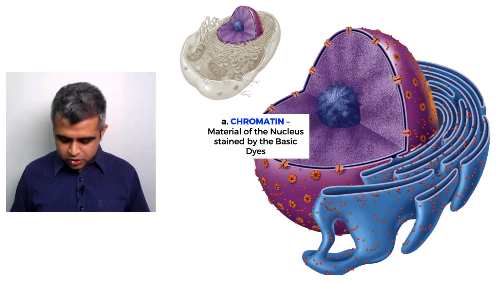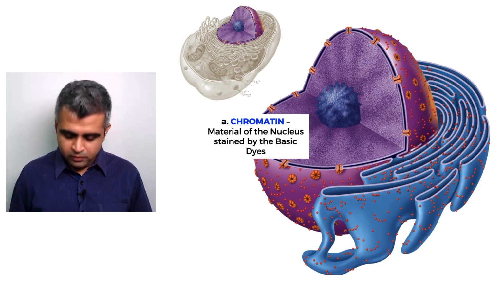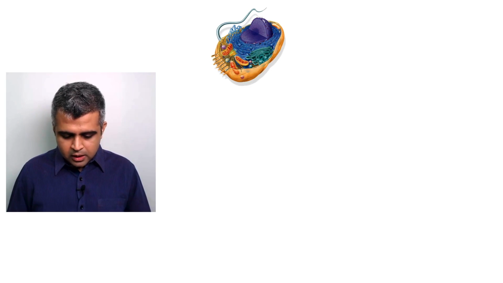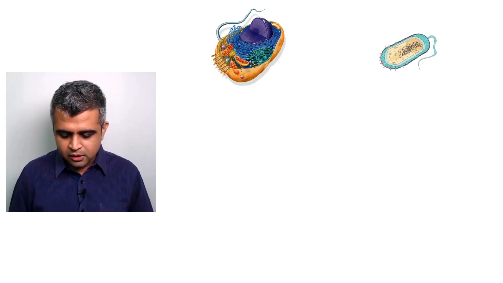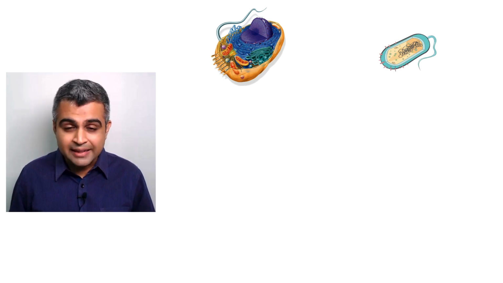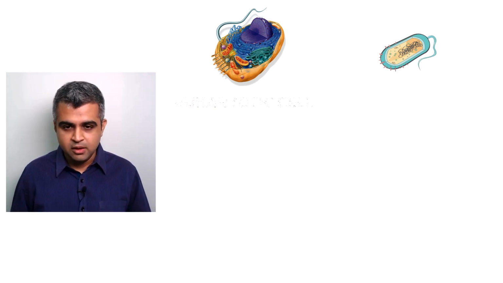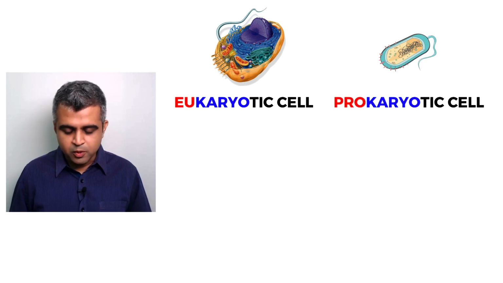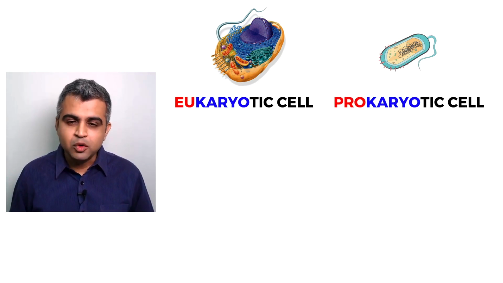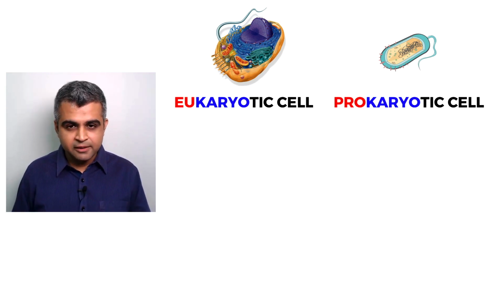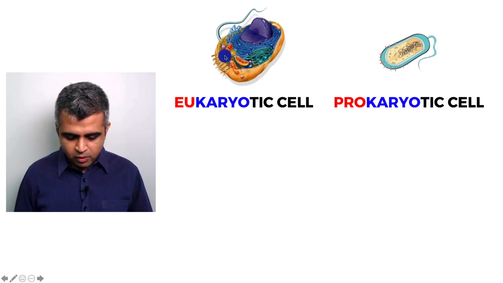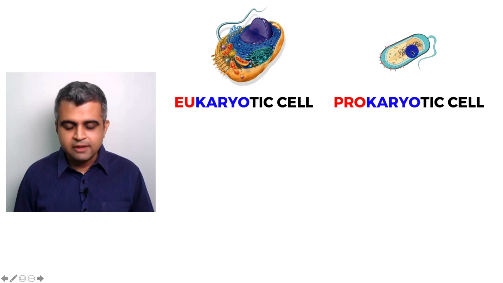Now here I want to talk a little bit about DNA. So what you see on your screen right now is an animal cell, and here what you see is a bacterial cell, also called a prokaryotic cell. So you have a eukaryotic cell and a prokaryotic cell. Both of them will have DNA. Both of them will have pages on which information will be written. So both of them have DNA. In this case, the DNA will form many books or many chromosomes. Here, the DNA will form only one book or one chromosome. That you already know.